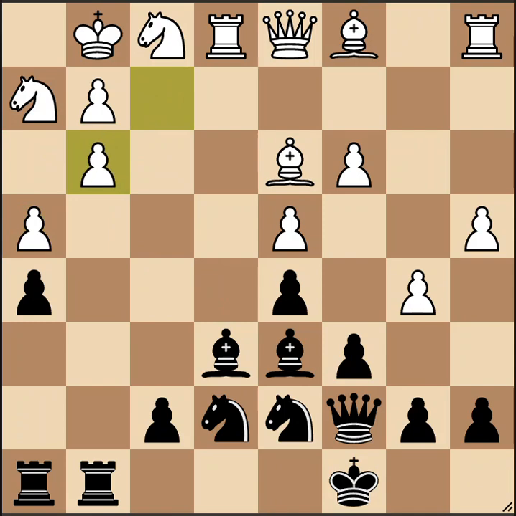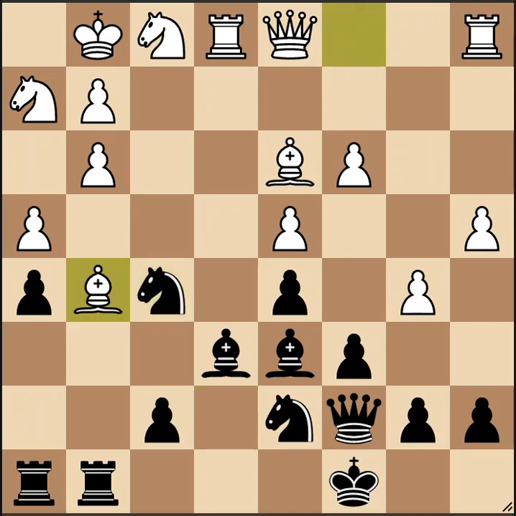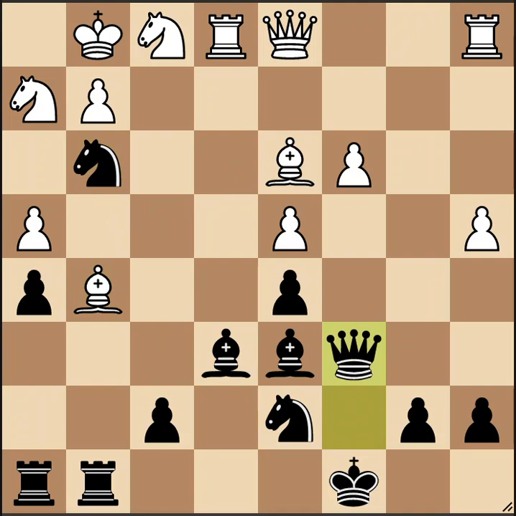And now, instead of recapturing, okay, Nakamura brings another piece closer to the action, knight to f5. Bishop g5, interesting move blocking the effect of the rook. Okay, knight takes g3, b takes c6, queen takes c6, keeping the pawn where it is on b7. Knight takes g3, bishop takes back,